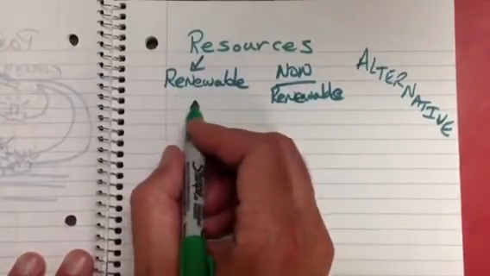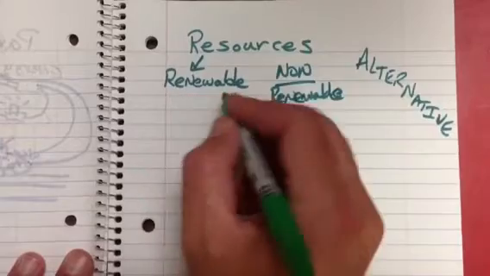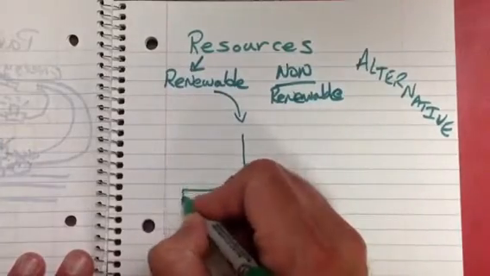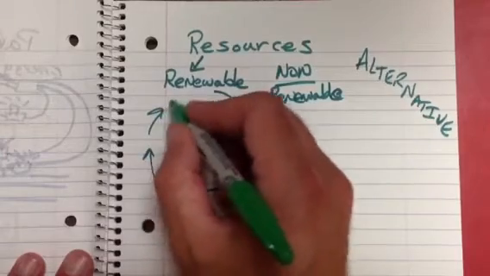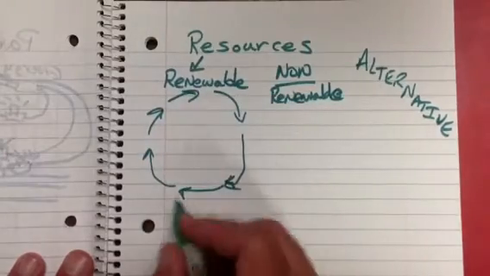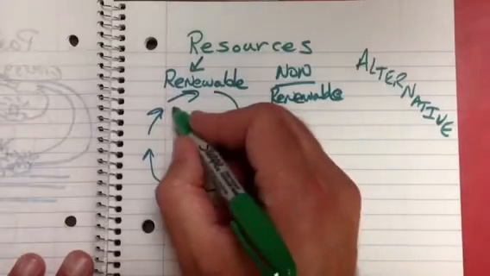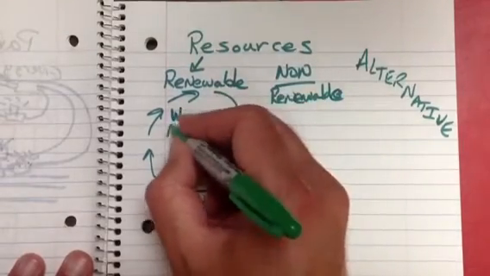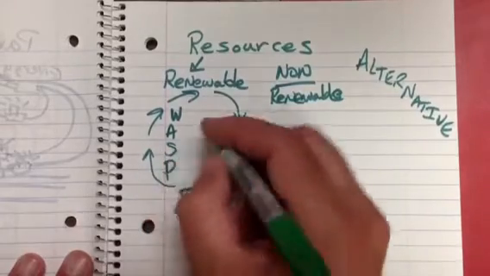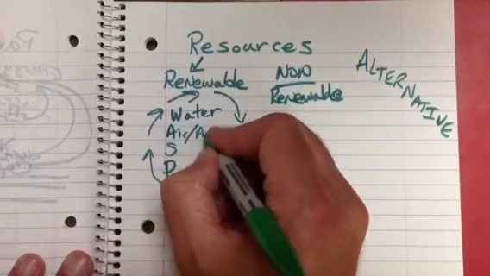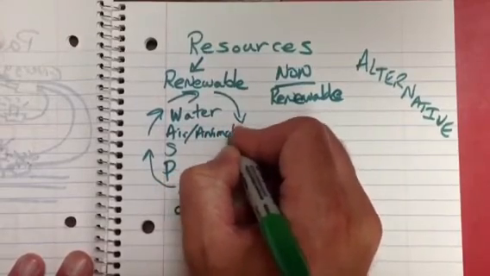Renewable resources are very special because they all go around and around and around in cycles. Pretty much everything in this category cycles. And I remember it by WASP, W-A-S-P: water, air, animals,